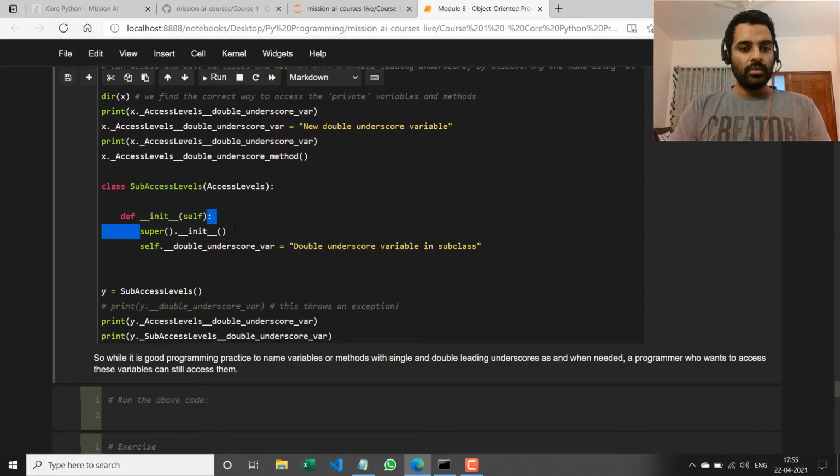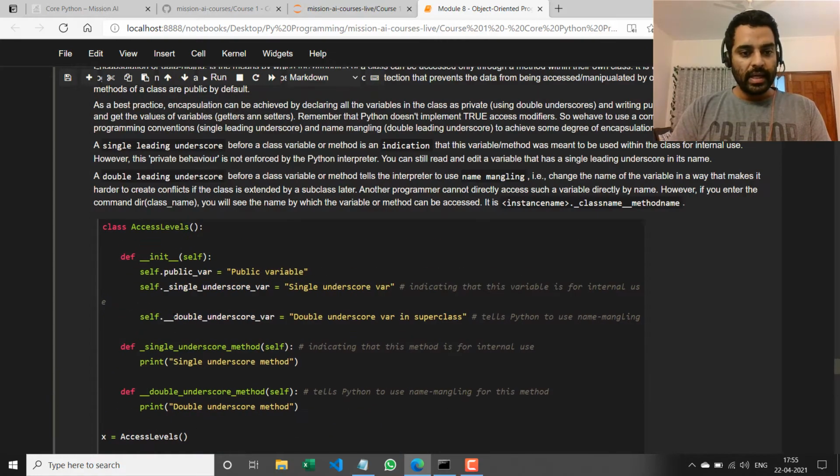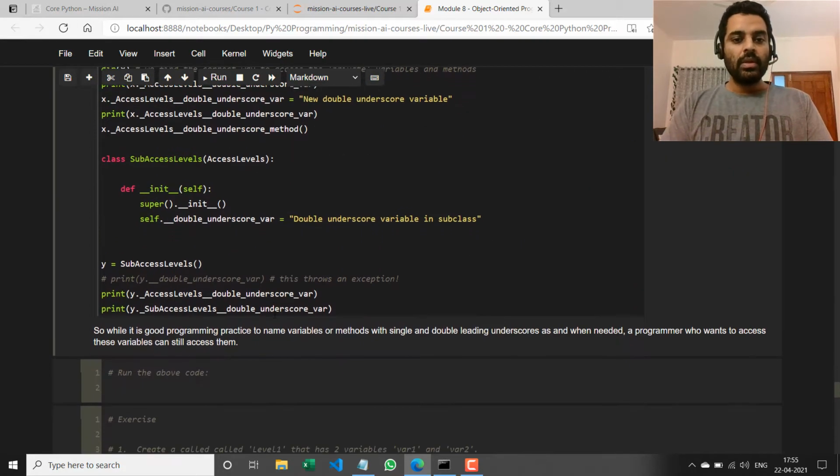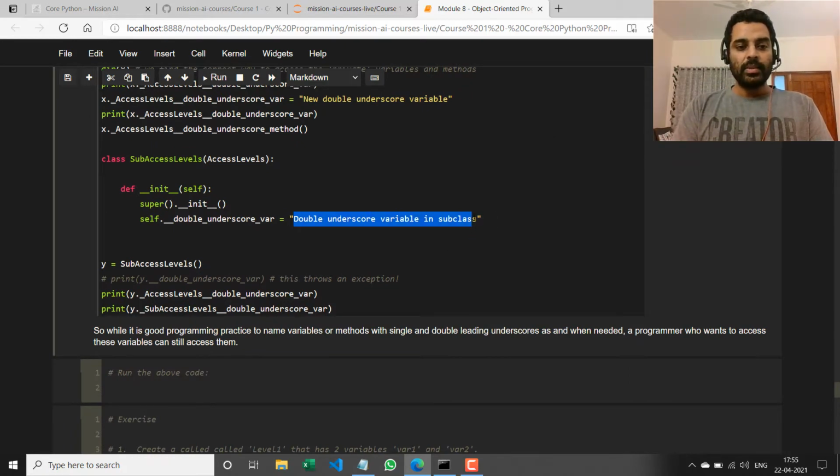I call the superclass's constructor, and now I define a new variable which is local to this particular subclass with a double underscore var. So if you think about it, I have a double underscore var name here. I have a double underscore var name here. Okay. And the value is double underscore variable in subclass.